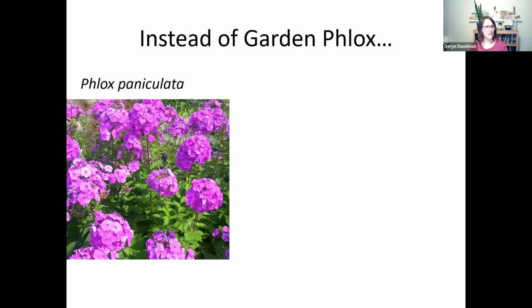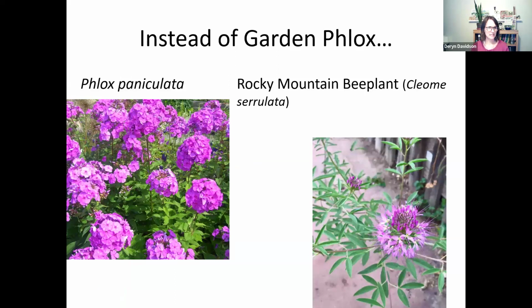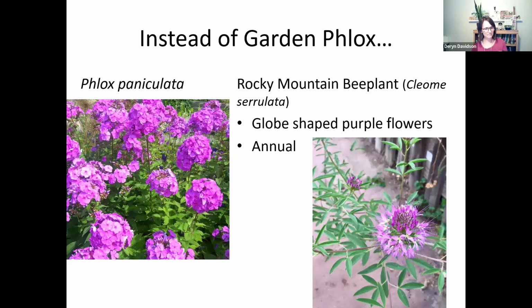Instead of garden phlox, we've got Rocky Mountain bee plant. They have a similar globe-shaped purple flower. One thing about Rocky Mountain bee plant is that they grow quite large in a single season, easily 3-4 feet tall, but they're an annual. So they complete their whole life cycle in one season, whereas a perennial comes back year after year. That is kind of an oddity here, but they will be absolutely covered in bees and other pollinators when